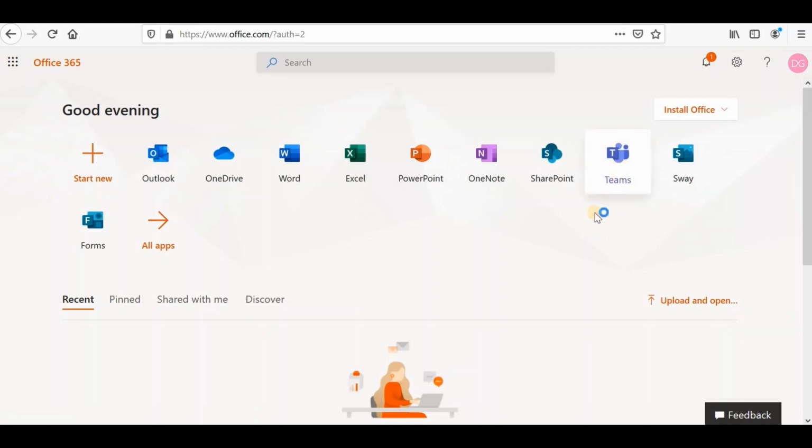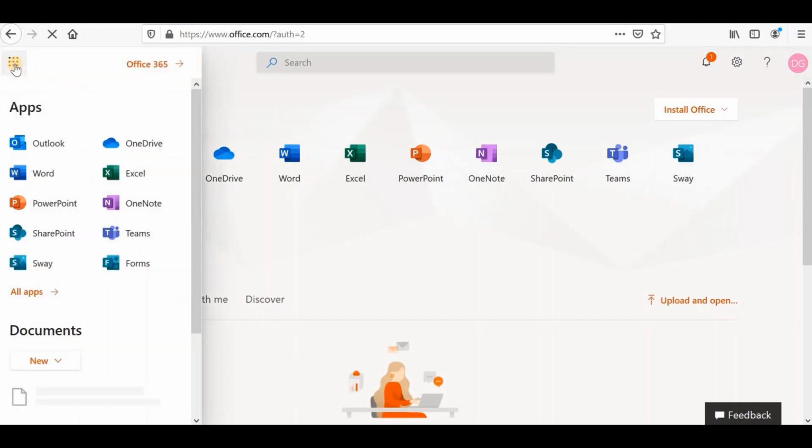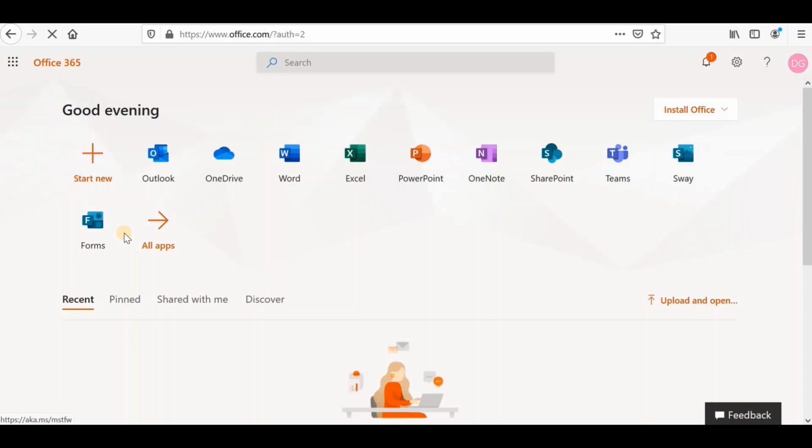Now how can we launch or open the Teams software? Two ways are there. By clicking here you can open the Teams software, or you can go to the uppermost left corner and click here. Here I can find apps, and under apps I can search for Teams and click on Teams.